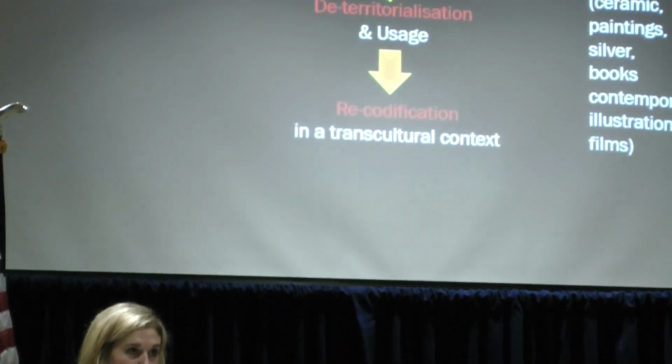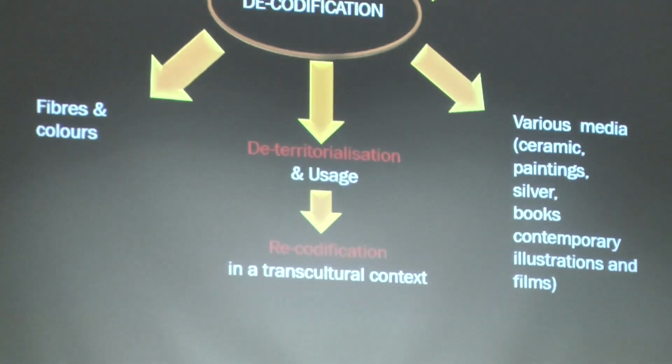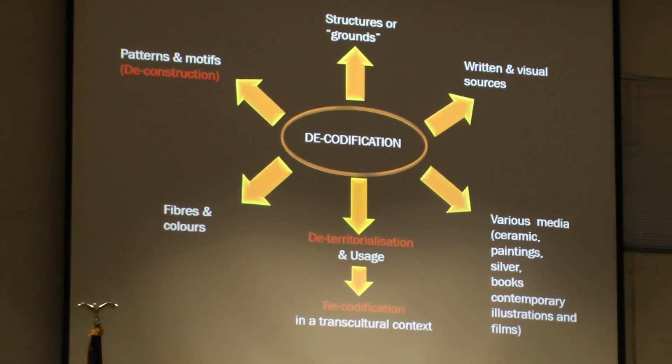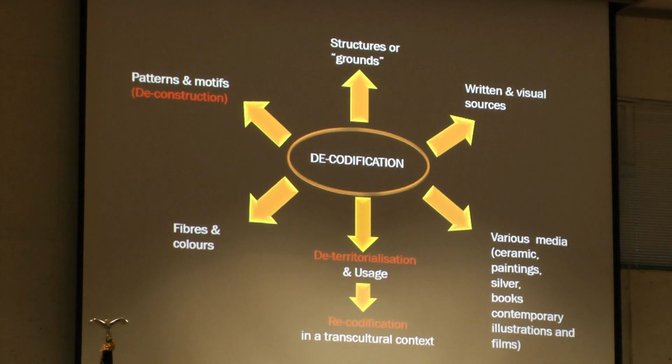It's really a pleasure for me to present part of my research on textile development and transmission along the Silk Road. Textile can be perceived as a sort of Rosetta Stone that needs to be decoded. To understand the textile, we need to take into account not only pattern and motif and the structure, but also the fiber and color. We need to analyze it not as a sort of painting, but as a sort of